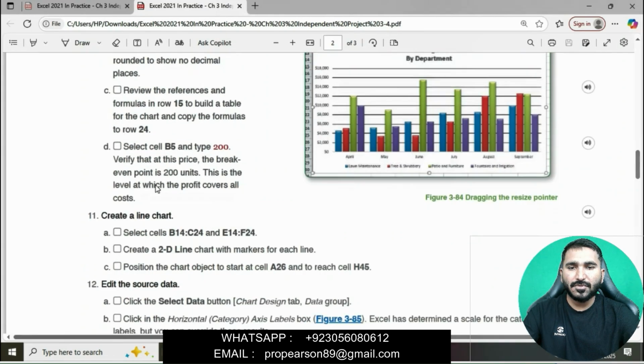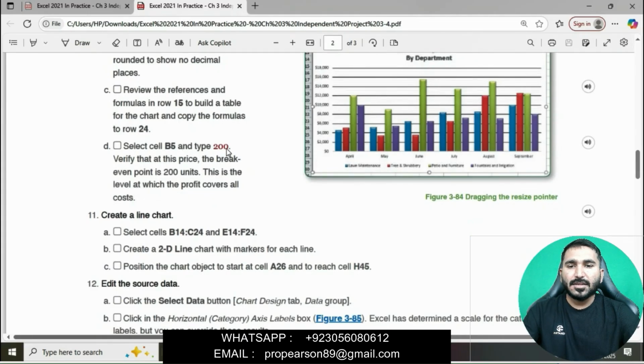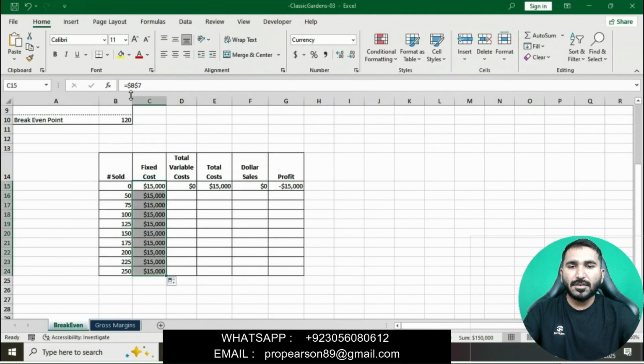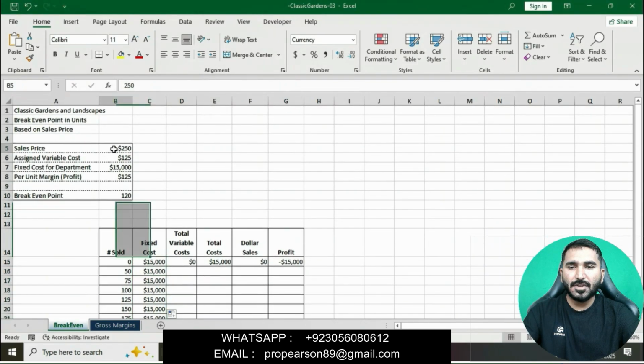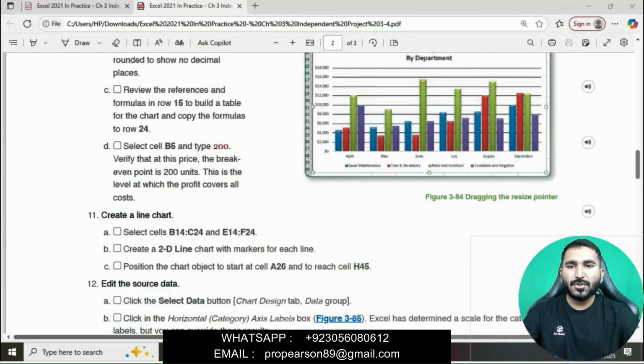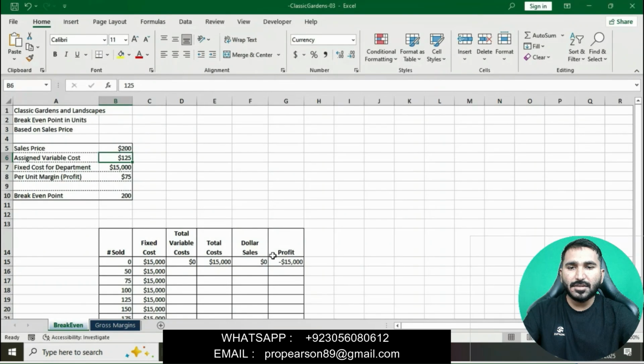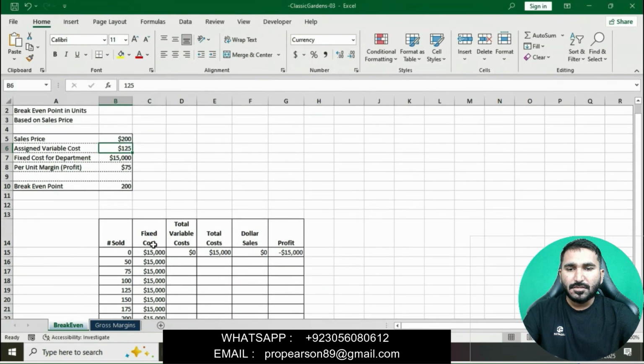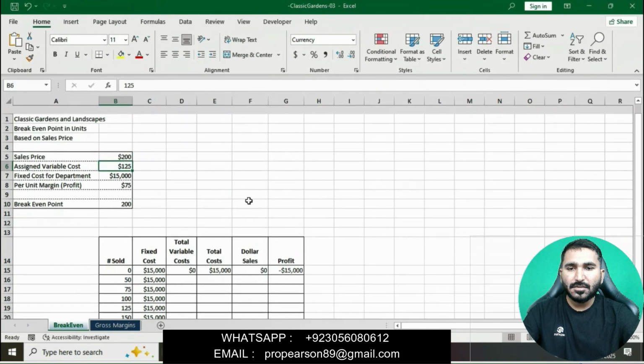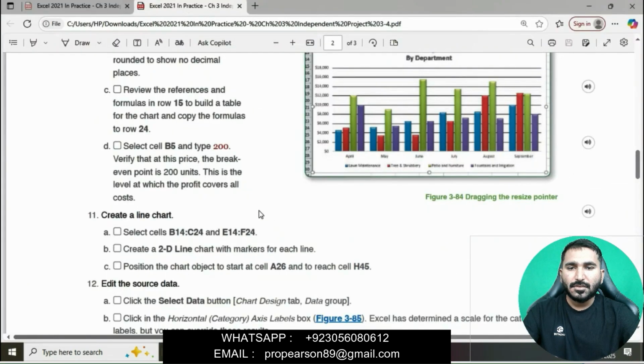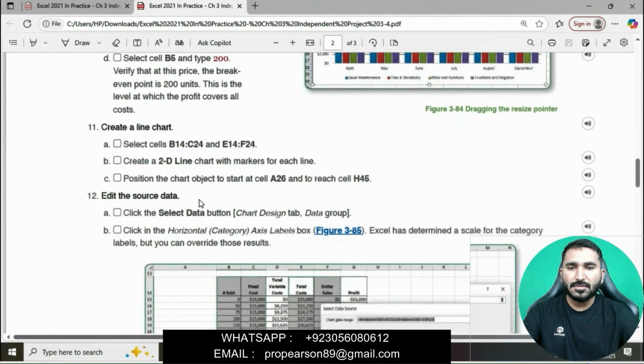Click on cell B5 and then we will type 200. Verify that at this price the break even point is 200 units. This is the level at which the profit covers all costs.